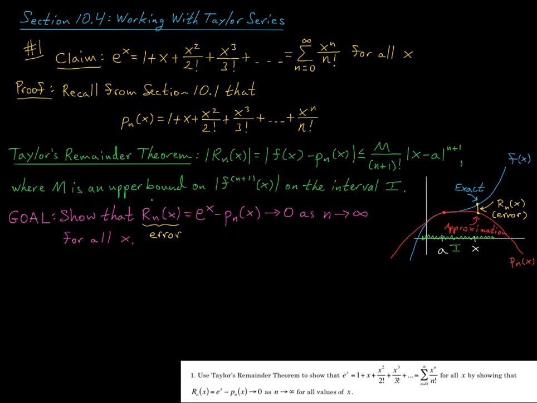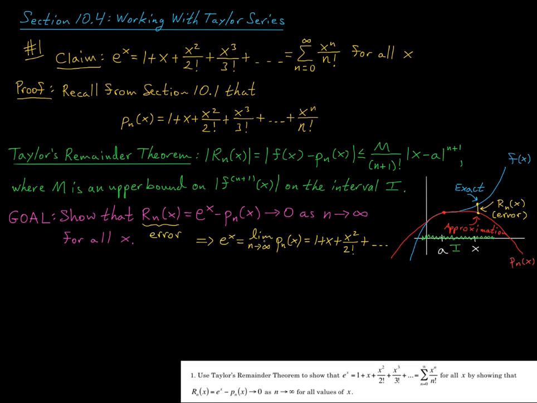Now, why does showing this imply that e to the x is equal to this series? Well, if e to the x minus Pn of x approaches 0 as n approaches infinity, that implies that e to the x is equal to the limit of Pn of x as n approaches infinity. And Pn of x here, right, this is the partial sum of this Taylor series. And so in turn, we would have shown that e to the x is equal to this series here. Okay,